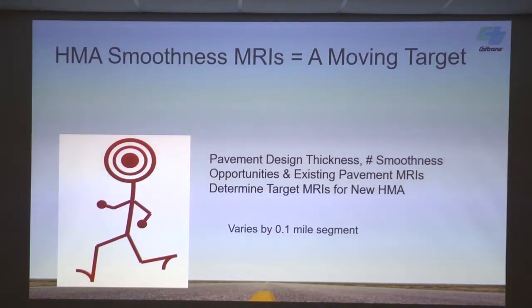Normally you would go into ProVAL and say, okay, what's my MRI requirement? Oh, it's 75. You could get your MRI report and look for all the MRI values that are over 75, and you've got to correct those. If we're overlaying rougher pavements, you can't do that anymore. All that data has got to come out of ProVAL into a spreadsheet to determine if it meets spec or not. So that's the tool that we're providing, as a spreadsheet.